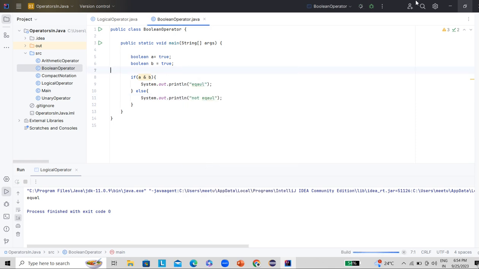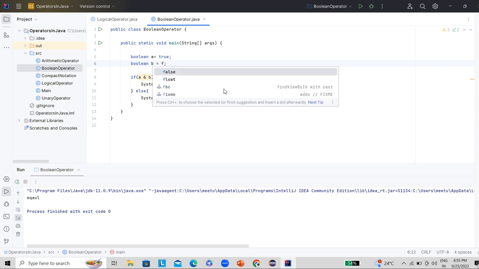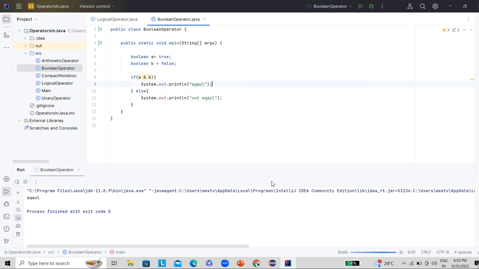Let's run this program and see. You can see it is printing equal because both are true. If you make the second variable false, then it is going to return not equal. Yes, it is printing not equal because this is the AND operator, meaning both the conditions should be satisfied. But in case of the OR operator, if either of the conditions is satisfied, it will return true. Let's run this program and see. It is going to print equal only, because